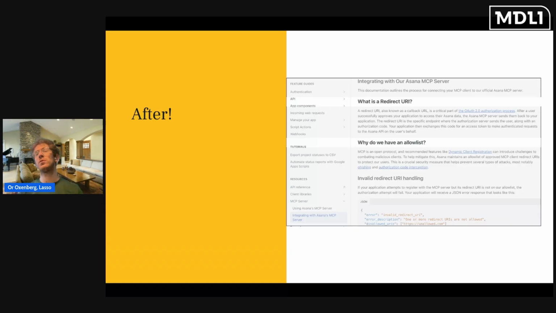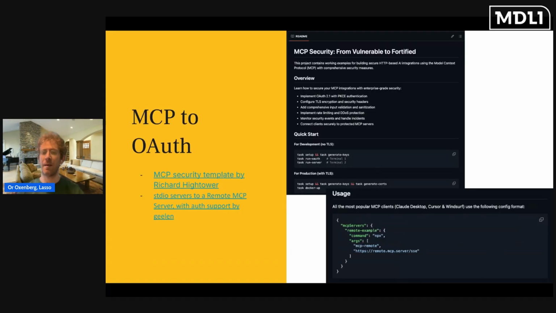So if you don't want it to happen to you, keep in mind there is a good, practical template to implement this kind of authorization process. You can look, if you want, at the MCP security template by Richard Geerts. It's pretty new, and it explains the whole process of authorization and authentication through your server to the auth server. In addition, you can use other tools to help you create a remote server with an MCP remote STDIO